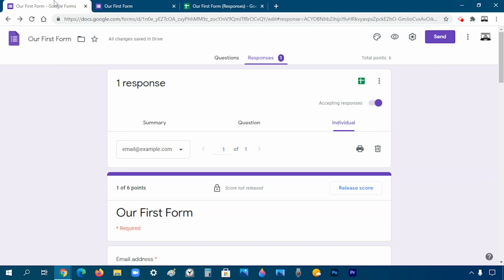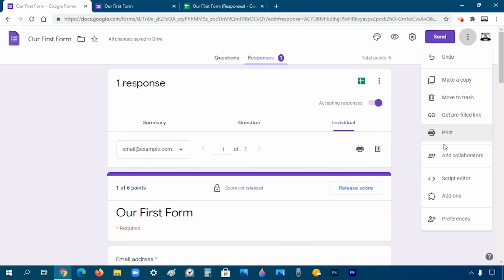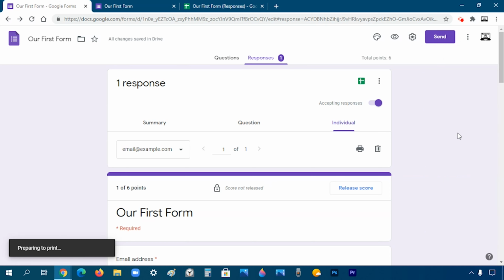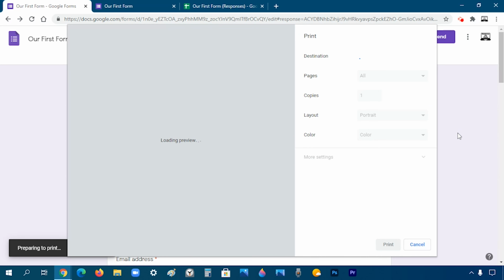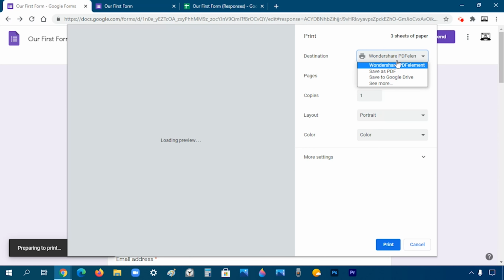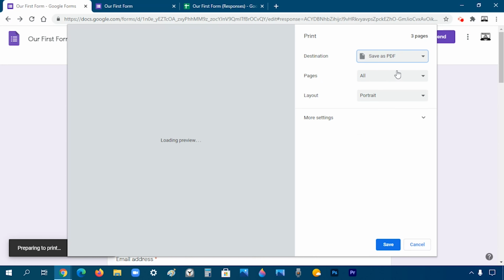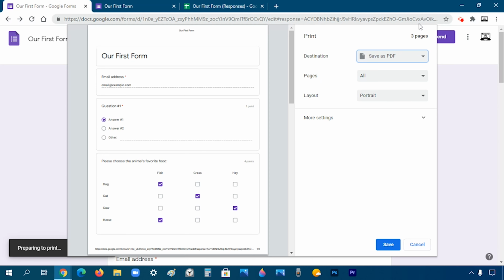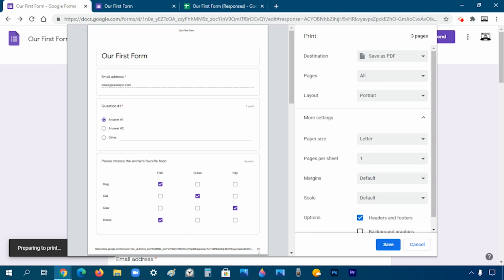Now I'm going to go back to the form. And I'm going to go back to the more options. Over here, I can either print or save this form as a PDF, for example. So I'm going to click on print. Over here, if I select the destination to be saved as PDF, and then I click on save after choosing my settings, then it will download as a PDF. Or I can choose a printer so that I can print it. If you want to remove this stuff that's on the top and bottom, then unselect this option.